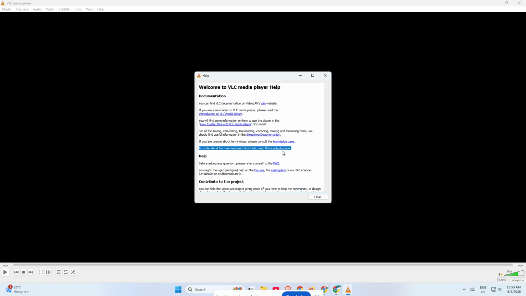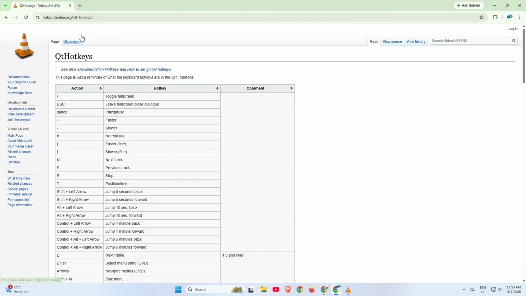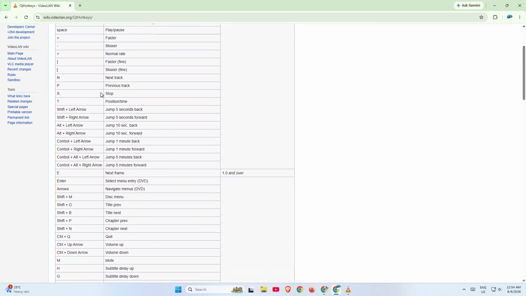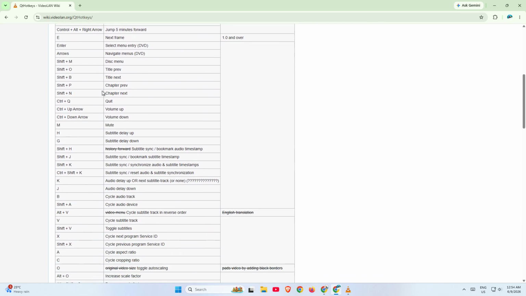This line is important because it points you directly to the full list of VLC shortcuts. Next, click on the Shortcuts hyperlink. This will open the Shortcuts page in your browser and take you to a page that contains all the shortcut keys used in VLC. On that page, you can review the different controls for playback, volume, navigation, full screen mode,